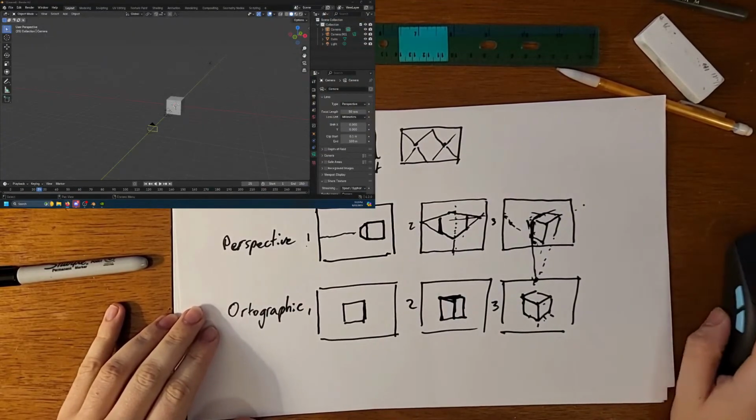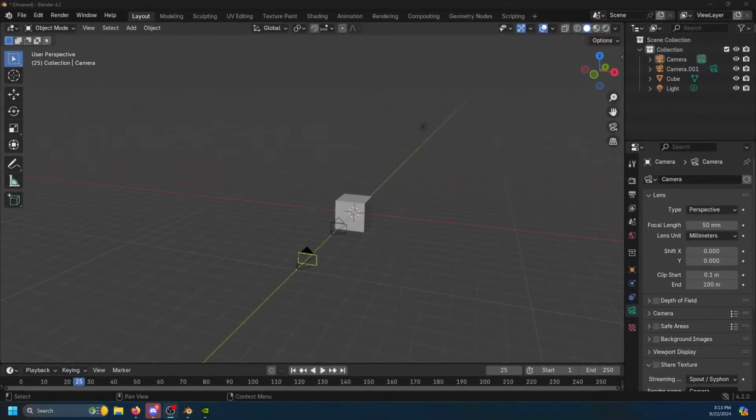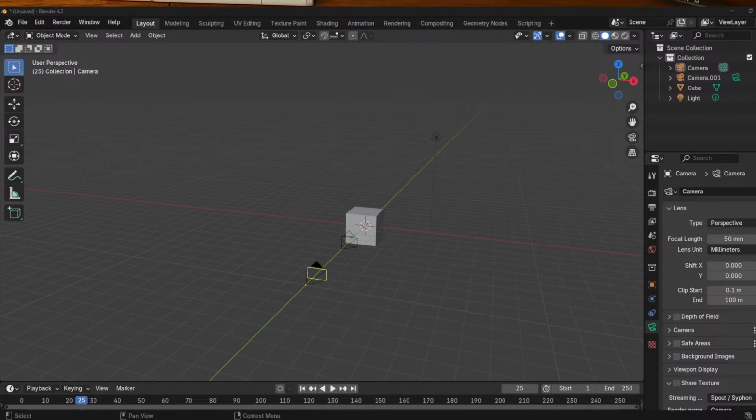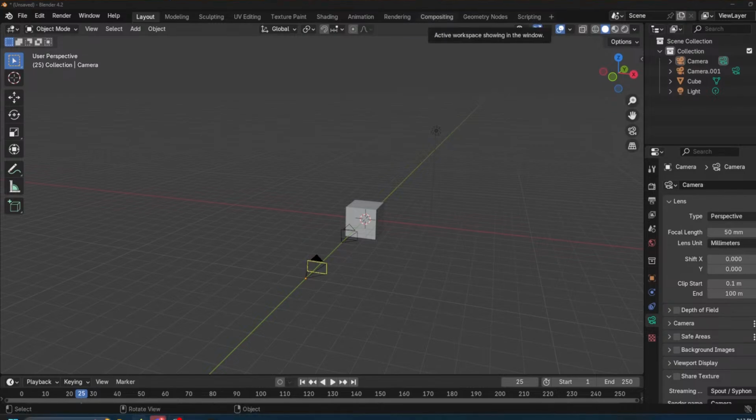So, y'all can see that? Shout out in the chat if you can see the distance per unit. Yeah,